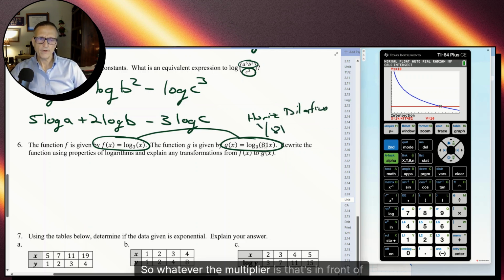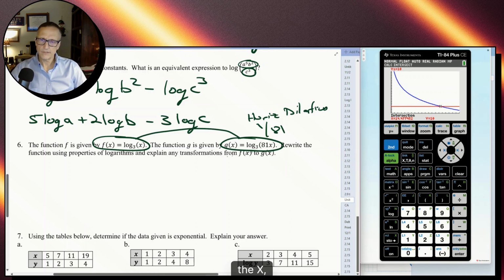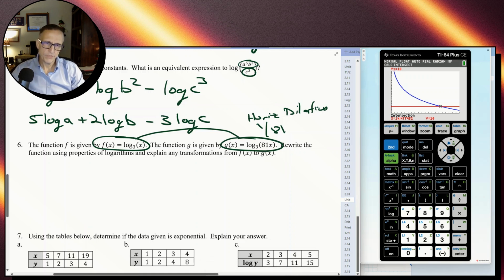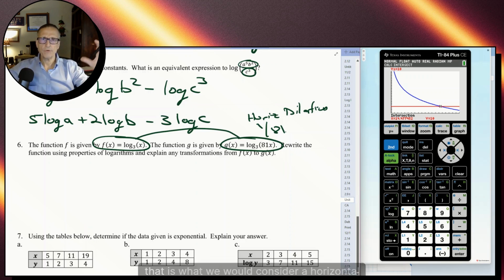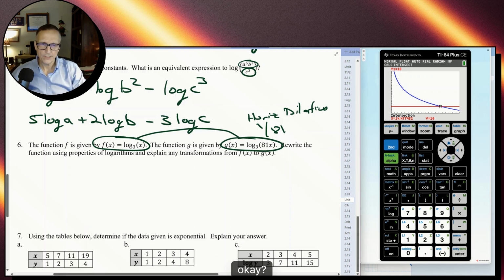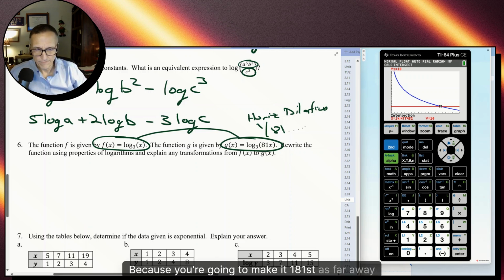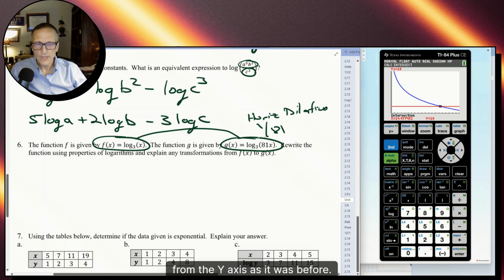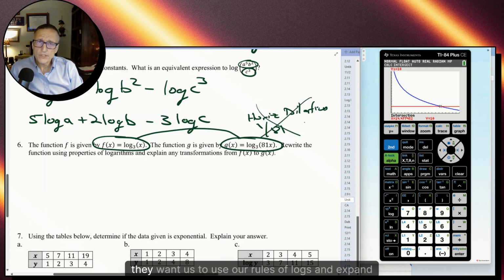So whatever the multiplier is that's in front of the x, that is your transformation; the dilation is going to be 1 over that. So when you stick the 81x there, that is what we would consider a horizontal compression, because you're going to make it 1/81st as far away from the y-axis as it was before. However, that's not going to be our answer here,